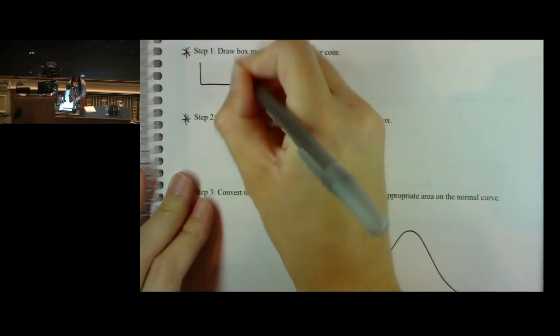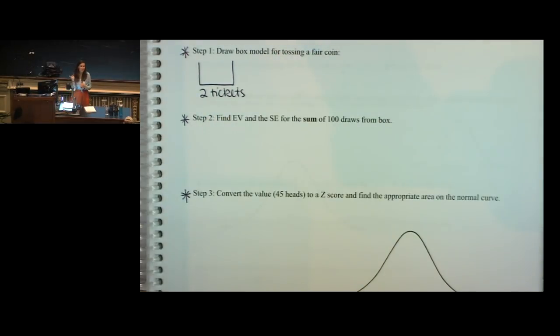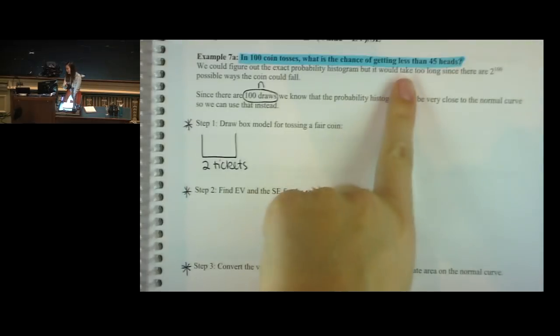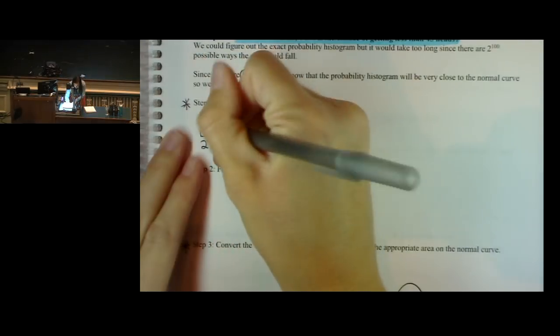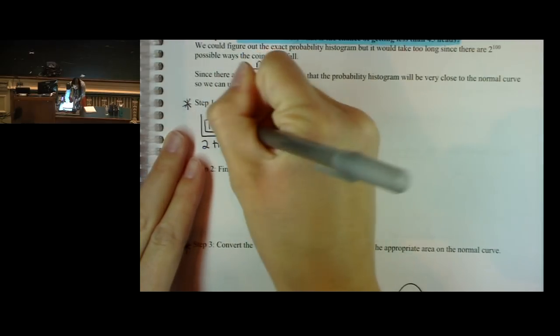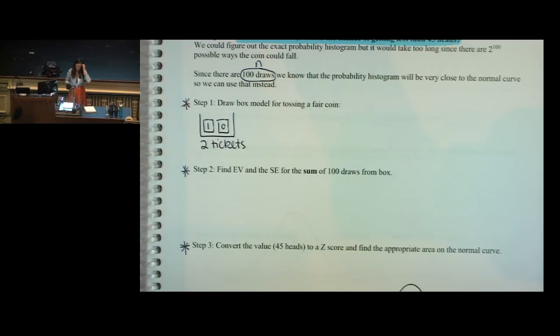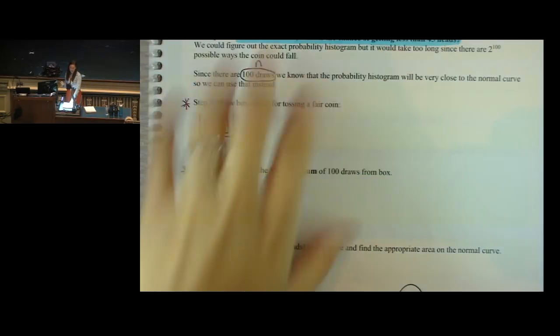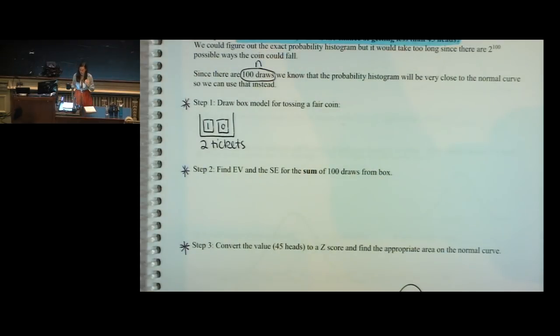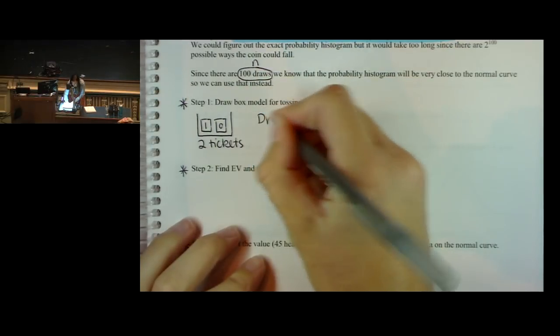So for a fair coin, this one is super easy, right? For a fair coin, we know there are 2 tickets in the box because you can either get heads or tails. And we're counting the number of heads, right? Getting less than, we're interested in the heads. So you can either get 1 head or 0 heads. And we would essentially say, if I'm flipping a coin 100 times, that's the same thing as drawing